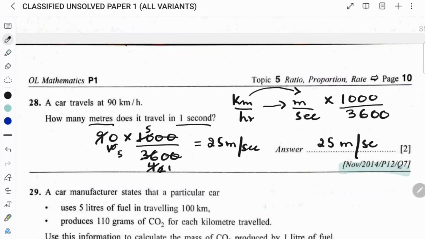I am again telling you how I simplified. That was 90 times 1000 divided by 3600. First of all, what did I do? 90 and 3600, I wrote 36 only because I have already cancelled these two zeros. Alright, so then it will be 90 times 10 is 90 and 4 is 36, and then I cancel 10 and 4 and the other 10 and 2, so that's why we got 5 times 5 is 25. Alright, so I hope you have understood this question.